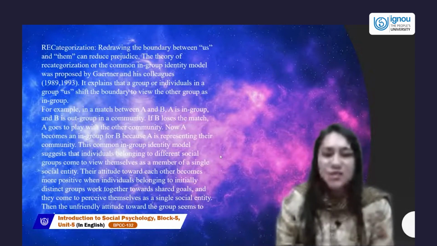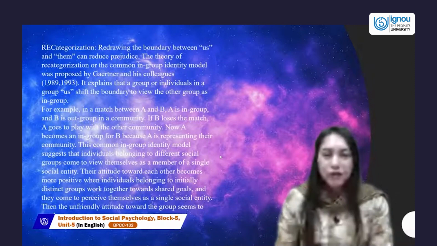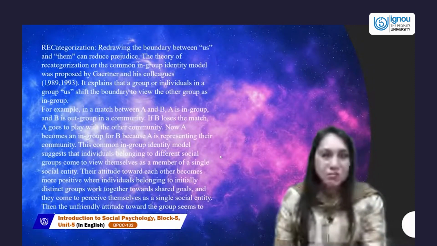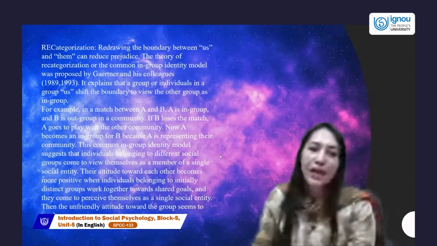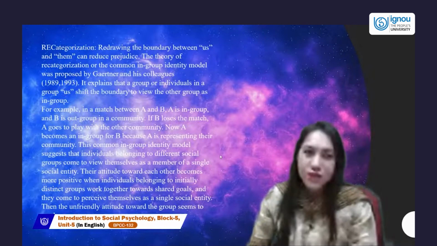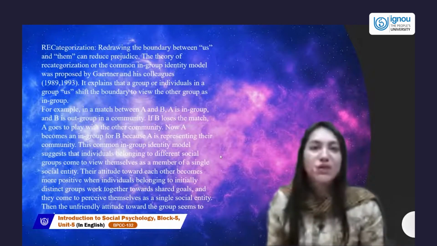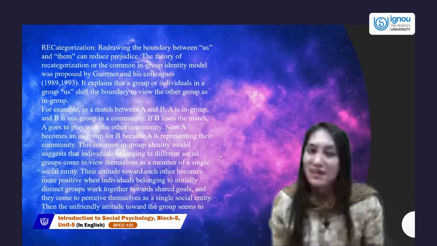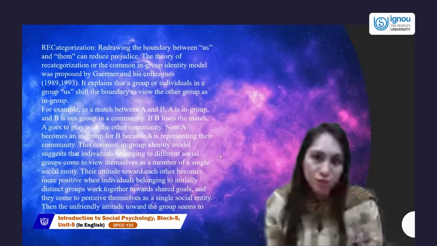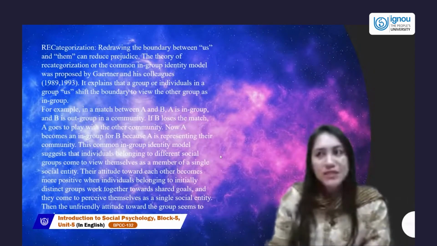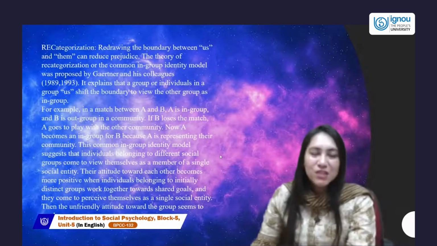So this attitude change of getting people together, for shared goals, for shared resources, for shared activities, is a single social entity and identity that we form. So when we have that single social identity out of the two groups, what are we doing? We're reducing the boundaries. We are recategorizing everything. So when we are recategorizing, we are breaking down the social categories, which were the source of the prejudice that we had. So then the unfriendly attitude towards the B group will reduce. Why? Because you picked up people from there also to play.